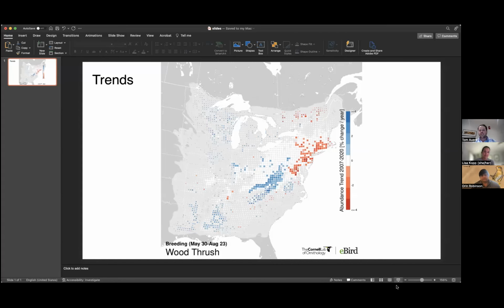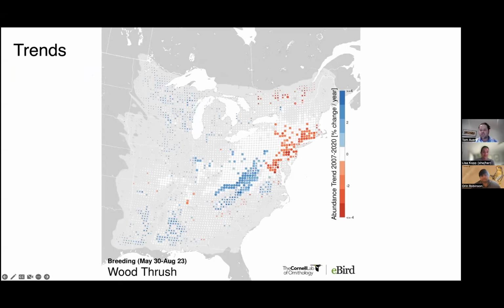So I'm really excited to announce that this fall we're going to release a lot of information about trends, and I think people have been waiting for this for a while. All of that information that I showed about status and trends, relative abundance, was a single year, an estimate for 2020. This year we're going to put out information about 2021, but trends is that change in relative abundance through time. So it's incorporating that information about occurrence and count, and it's basically keeping tabs on how the species is doing.